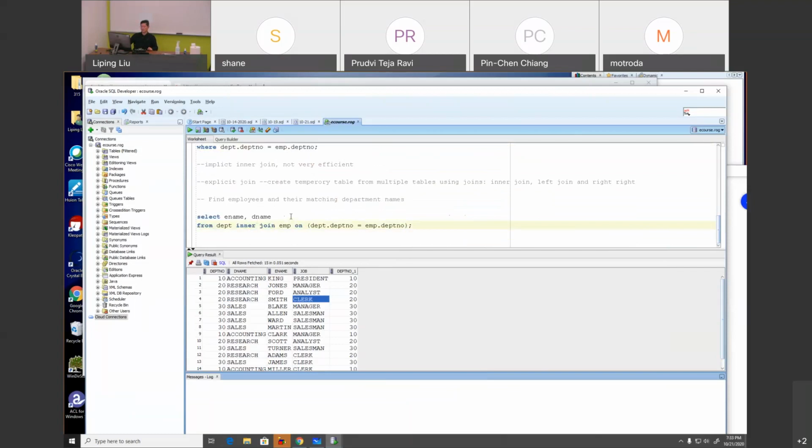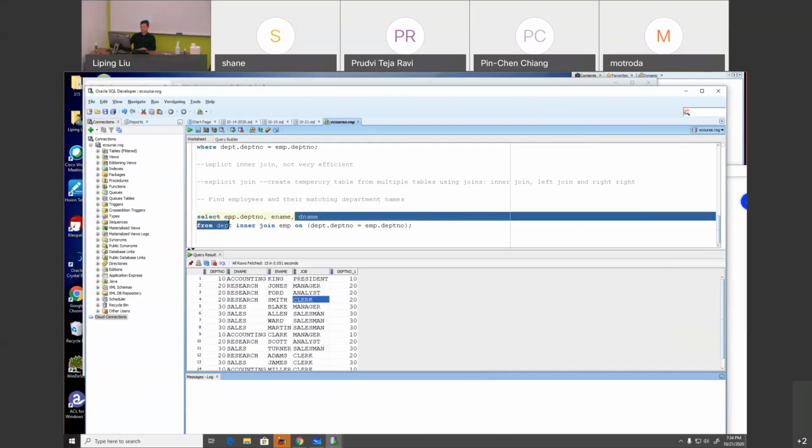That should give you the same result as this one. But this one did not show department numbers here, so we can show the department number also. So let's say EMP.DEPT number, and then DNAME. Or we can actually try to make the same model here. So let's do that. DEPT.DEPT number, and the DNAME, and then comma ENAME, and then EMP.DEPT